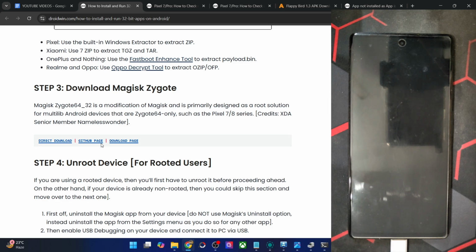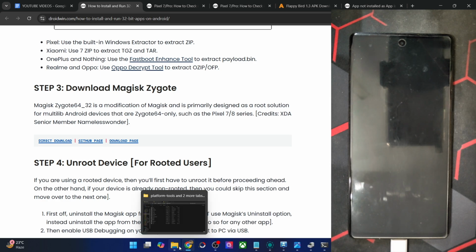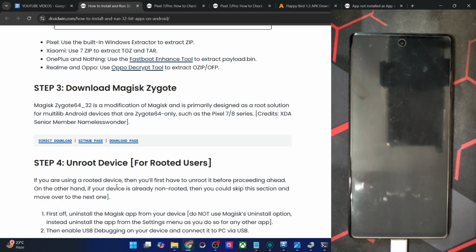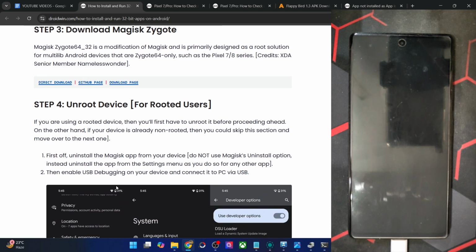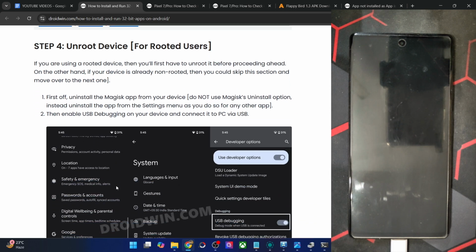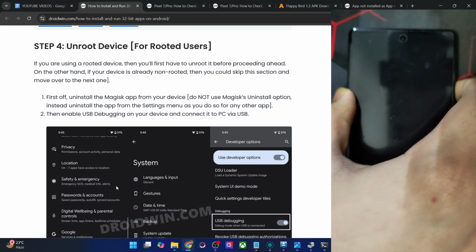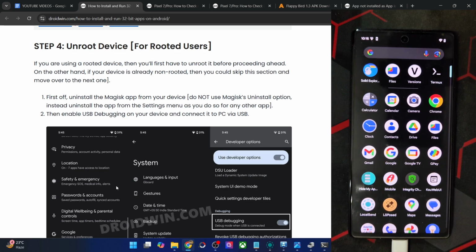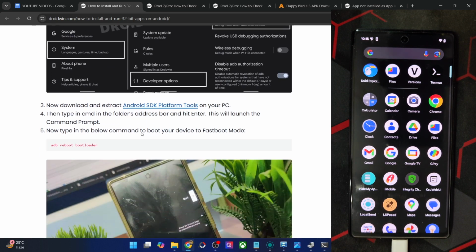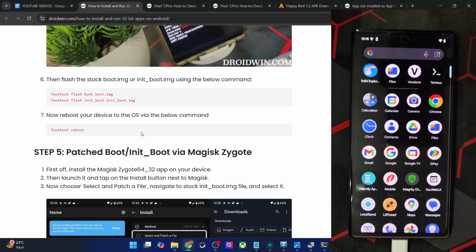And once you've got the Magisk file, you have to install the Magisk onto your phone. But before that, if you are already rooted, then please remove the root from your phone. Whether it's Magisk, kernel issue or a patch, please make sure to remove the root on your phone. In my case, the phone is not rooted, so I can move ahead with the next step. So please remove the root from your phone if you have already obtained root and then only move ahead.